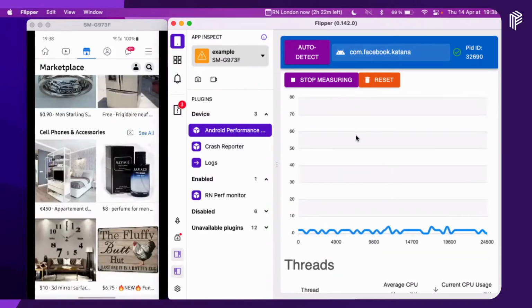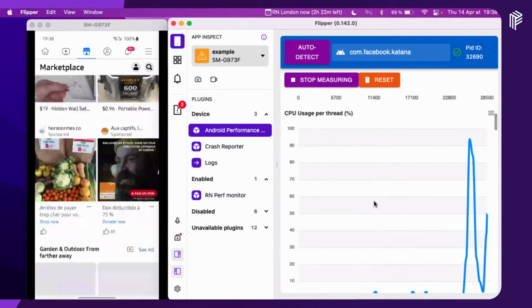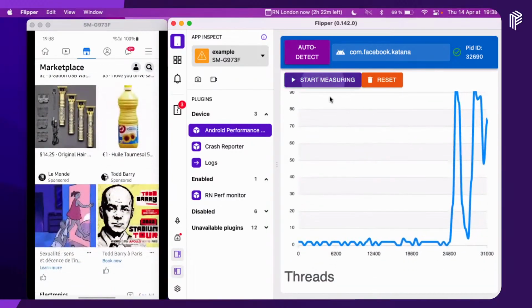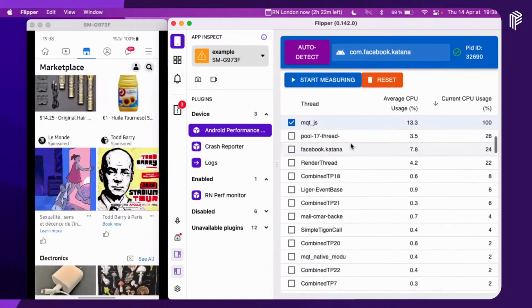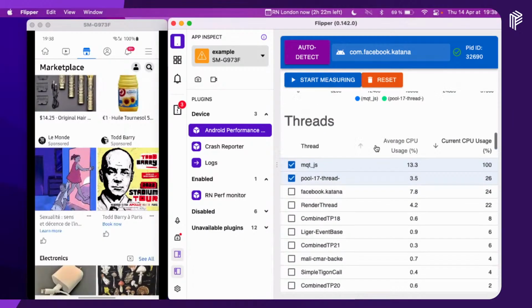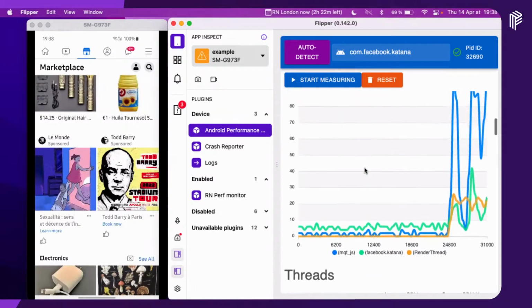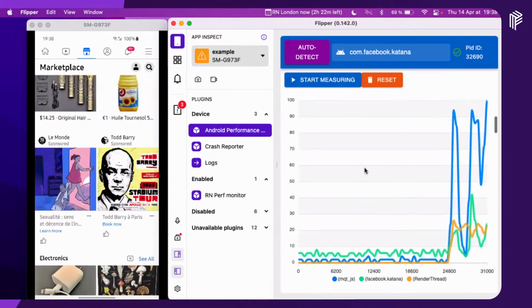And you can also see the JS thread here going super up. If I stop measuring, I can also see all of the threads here. And of course, if I want to have some fun, I can select, for example, the Facebook.katana render thread, and I can display all of the threads I want.